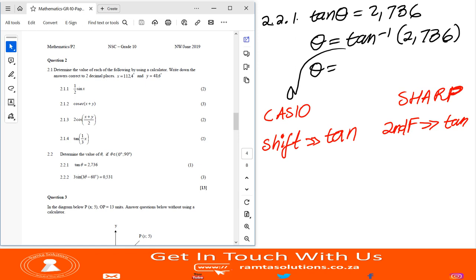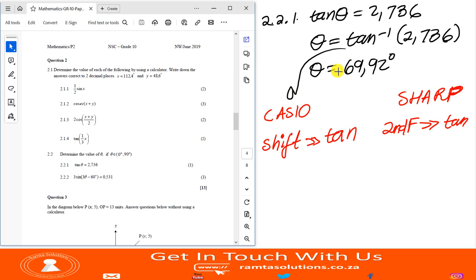So second function, right now I'm on Casio, so it'll be shift tan 2.736, right? Now what is this? Theta is 69.92. Remember, in this section they didn't restrict you with regard to decimal places. So unless stated otherwise, you leave your answer correct to 2 decimal places. So tan theta equals 2.736. Theta is